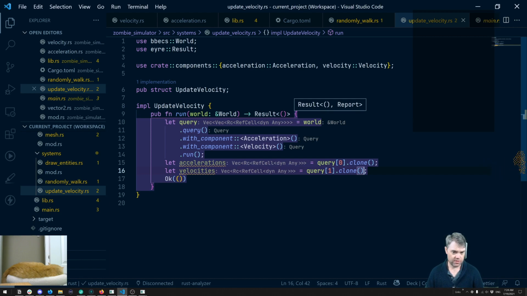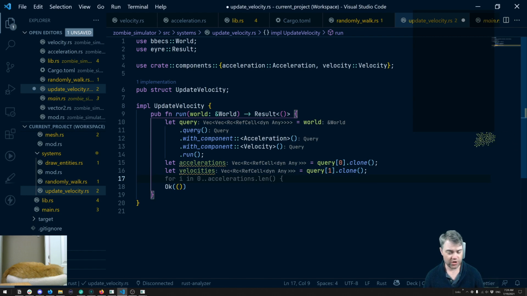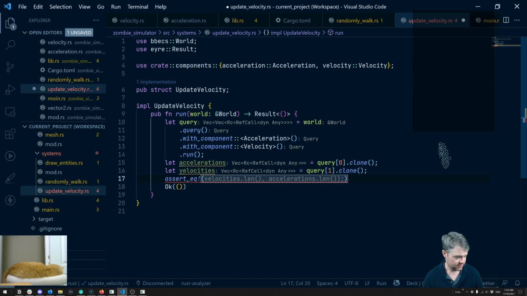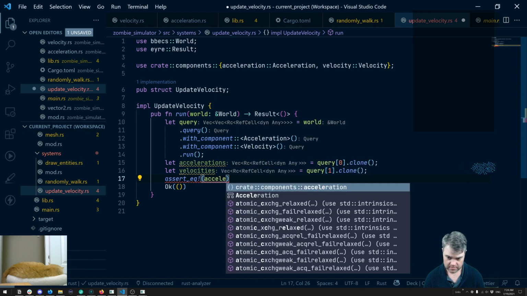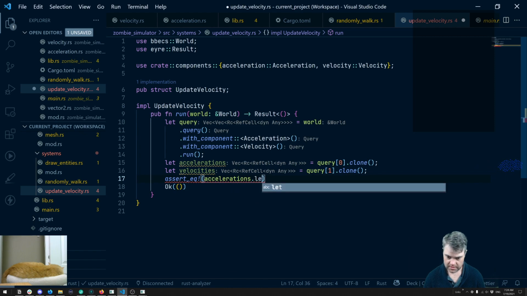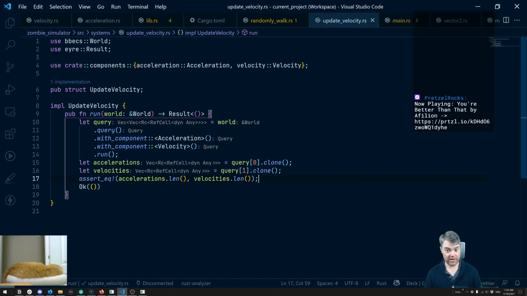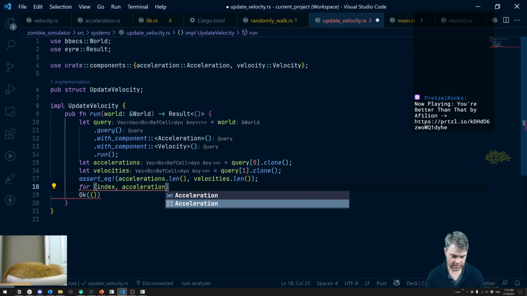So now I want to update velocities. Okay, so we need to loop through each of these. Now we should always have the same number of these, but let's just do a quick assert. So that in the case that, for some reason, it's not, we're gonna do accelerations dot length is equal to velocities dot length. And if for some reason they're not equal, I want it to crash immediately. All right, so then let's go ahead and loop through all of our accelerations. So for index, acceleration,